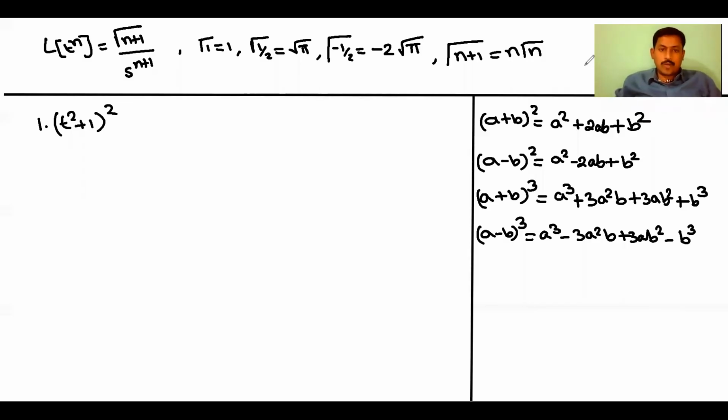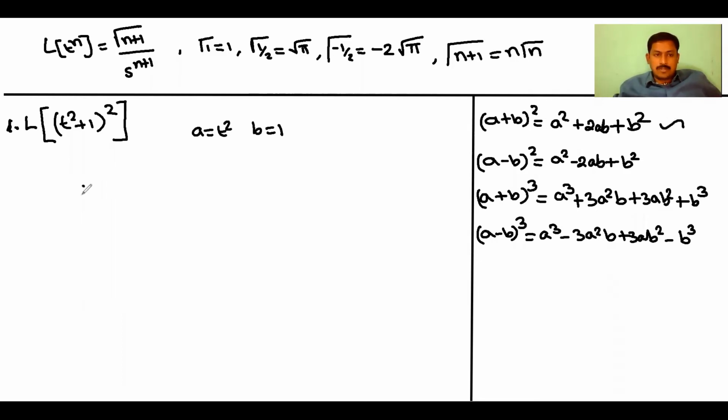In this video, we are going to see the problems based on algebraic formulas. First problem, find L of (t square plus 1) the whole square. This looks like the (a plus b) whole square formula. Here a value is t square, b value is 1. Using this (a plus b) whole square formula, we can write this term as (t square plus 1) the whole